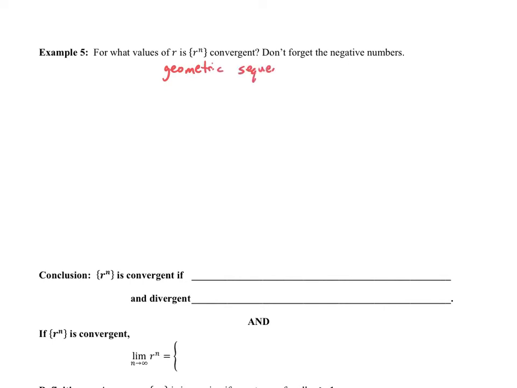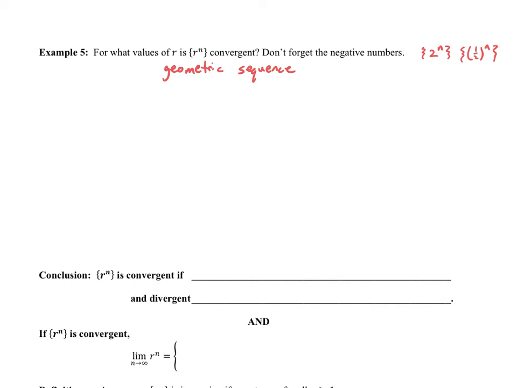This example is a geometric sequence. A geometric sequence is simply a sequence that takes on the form of r to the power of n. For example, you may have 2 to the n, that's going to be a geometric sequence. You may have 1/2 to the n, that would be a geometric sequence, and anything else that would take on